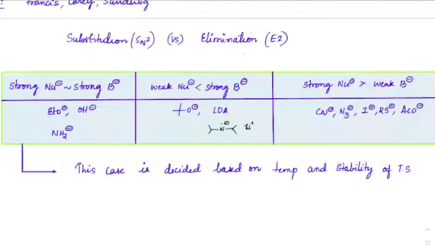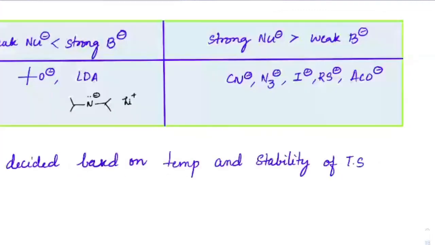Lastly, we will see a lot more nucleophilic character than basic character in these: CN minus, N3 minus, I minus, RS minus, AcO minus. They will always go for substitution reactions rather than elimination reactions. Now, you might say, sir, if the crowding is very high, what if there is